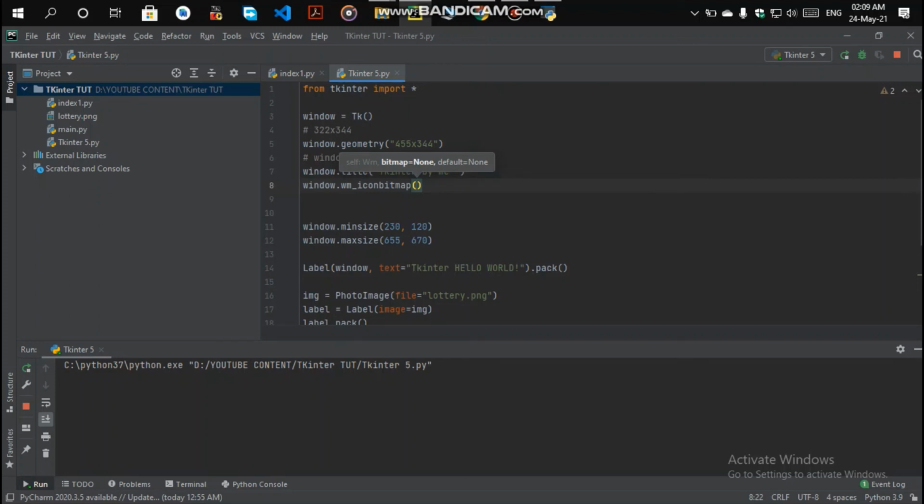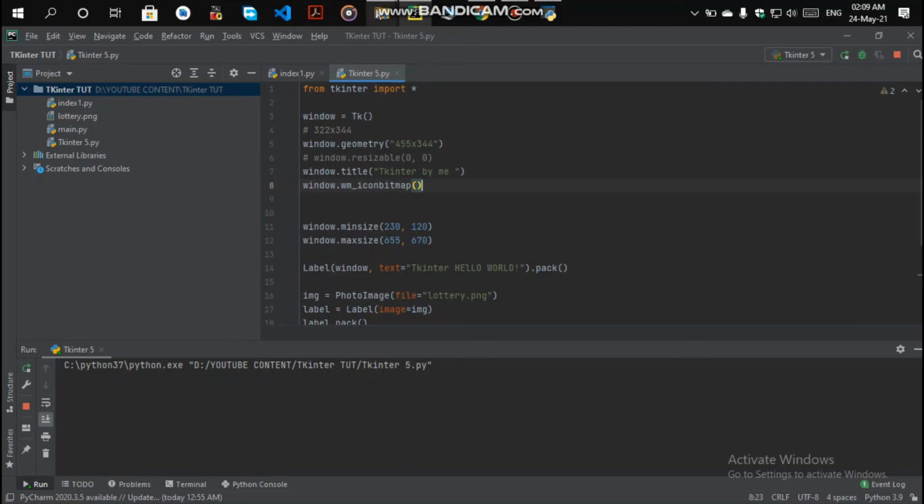Let me tell you one thing: it only takes the argument of your .ico file. The .ico file is basically the icon format. If you don't have any .ico file, go to online platforms and download one. If you don't have a jpg or png file, go to online converters and you can convert with Photoshop too.